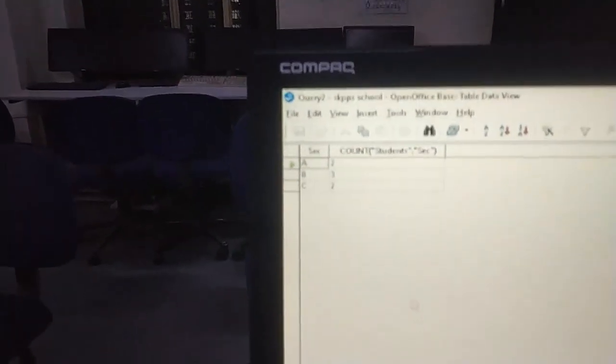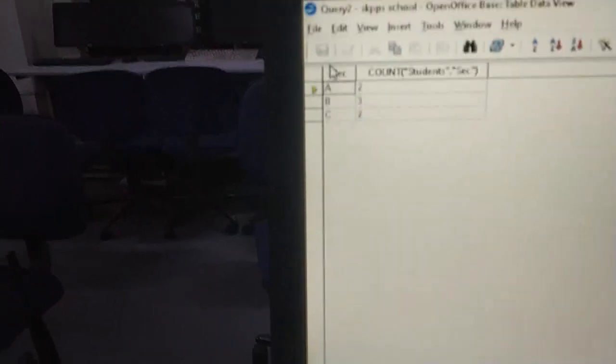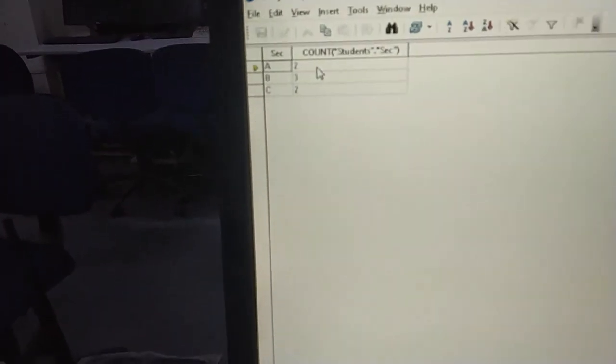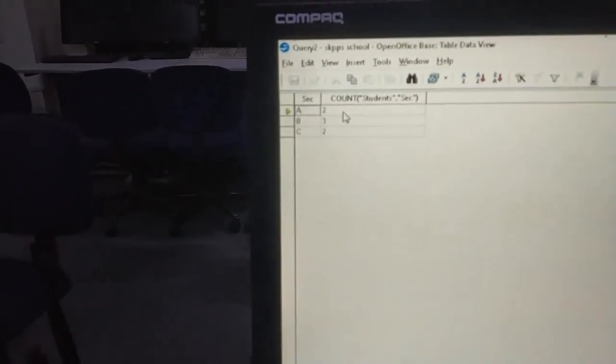Query 2 it is asking, say okay, and just run the query 2. See what you are seeing. You are seeing the section as a result, A, B, C, these are only 3 sections, but A section all data together it has shown, and there is a counting of 2. As you have seen, in section A 2 children were there, in section B there were 3 children, and in section C there were 2 children, and it is showing you that. So this way you can use the aggregate function, you can arrange the data in a group.